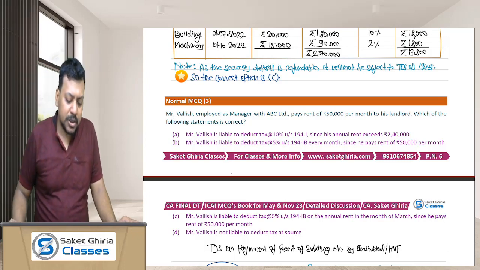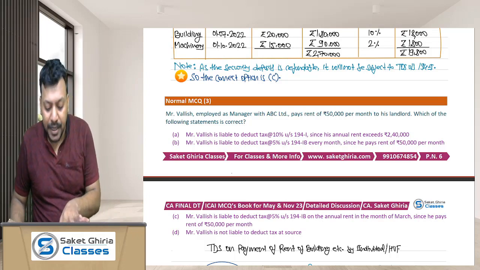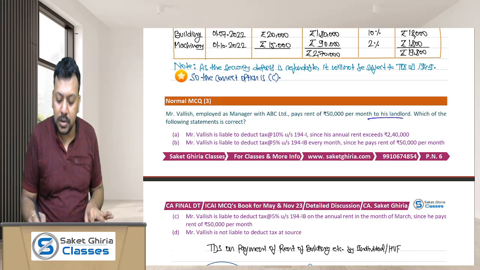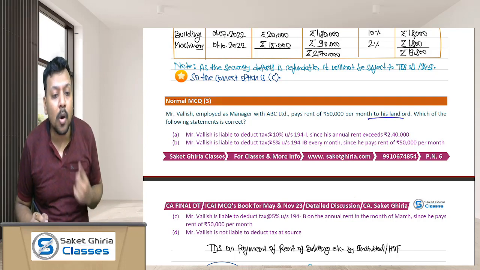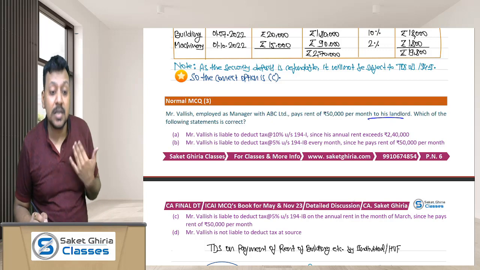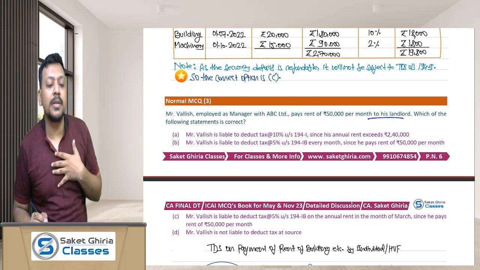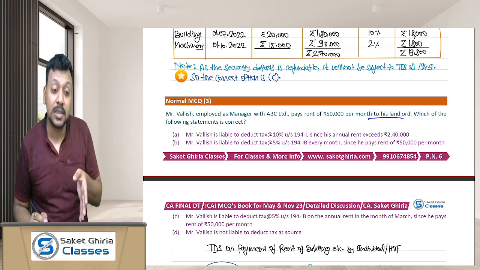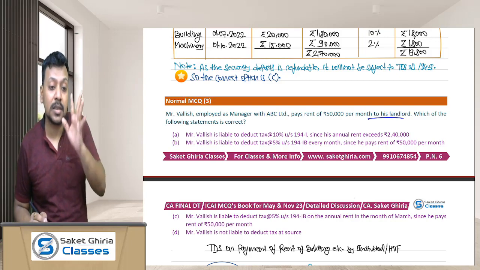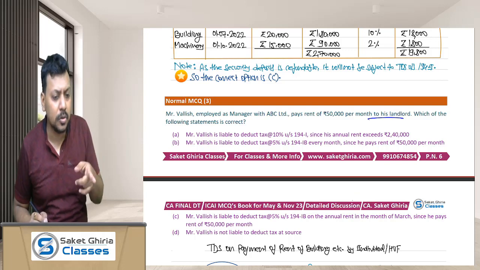Okay. Mr. Valish, employed as a manager of EBC Limited, pays rupees 50,000 per month to his landlord. Dear friends, Mr. Valish is an employee associate. So as he is an employee associate, he is not carrying any business or profession. So 194I TDS is not applicable in this case. But yes, to cover these kinds of associates, an additional section has been introduced, which is